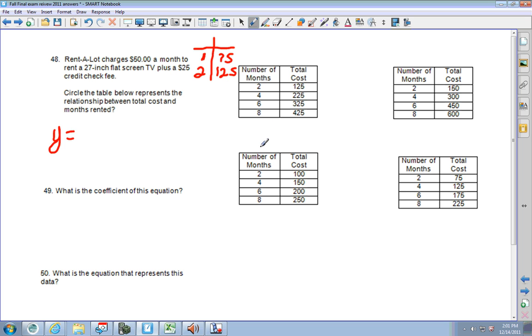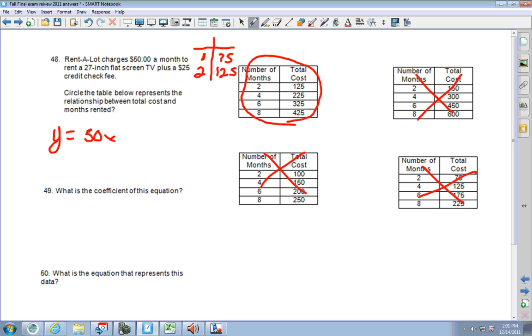Now all my tables start with 2. Well, it's 2 and 125. This says 2 and 125. This says 2 and 150, not this. 2 and 75? Nope. 2 and 100? Nope. Now, if I wanted to write the equation that matched this table, because here's the table, you would write